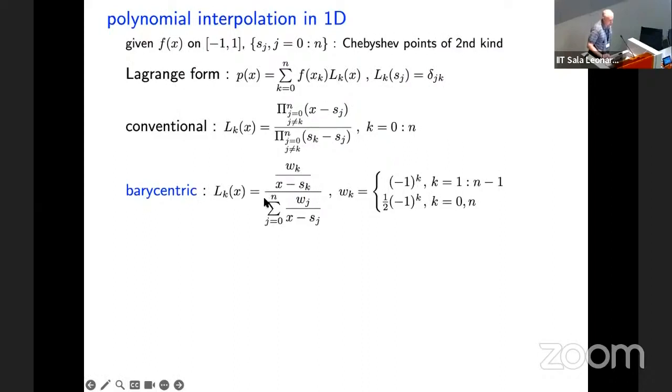And this was known to some numerical analysts, but was not well known, and it's kind of striking when you first look at this. It's called the barycentric form. When you take this form, you get the barycentric Lagrange form of the interpolating polynomial. But it turns out that this is, I'll just quote,